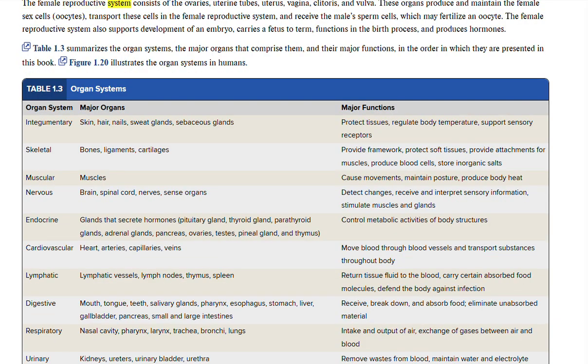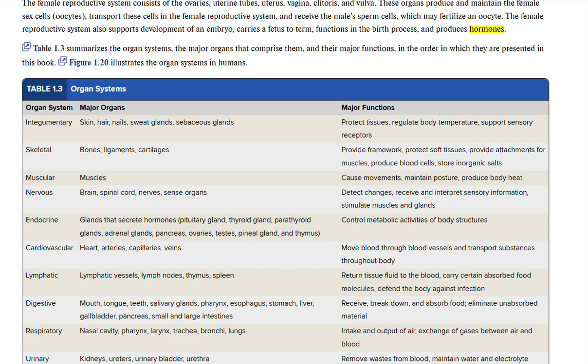The female reproductive system consists of the ovaries, uterine tubes, uterus, vagina, clitoris, and vulva. These organs produce and maintain the female sex cells, oocytes, transport these cells in the female reproductive system, and receive the male's sperm cells, which may fertilize an oocyte. The female reproductive system also supports development of an embryo, carries a fetus to term, functions in the birth process,